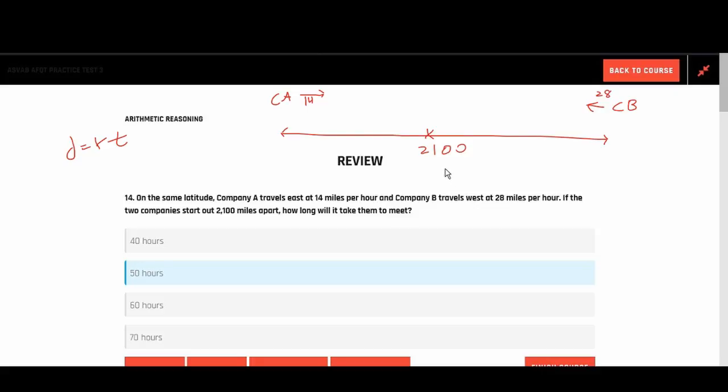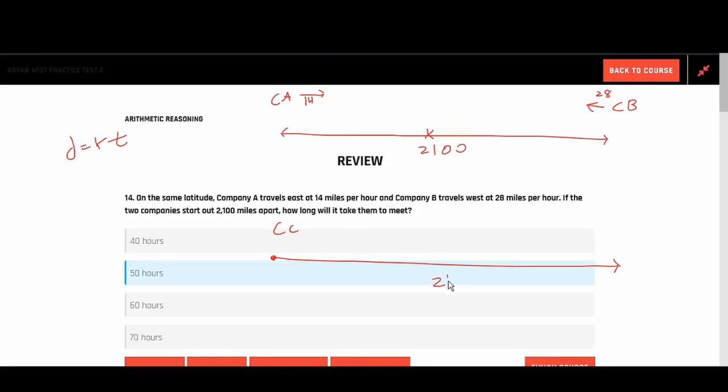Okay, so this is a combined rate problem. Whenever you have two objects, trains, convoys of troops, or anything traveling toward each other, you have to view the problem as a combined rate problem. That is, you have to think of these two companies as one. Let's call it company C,